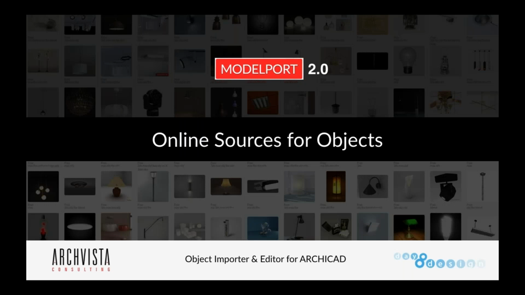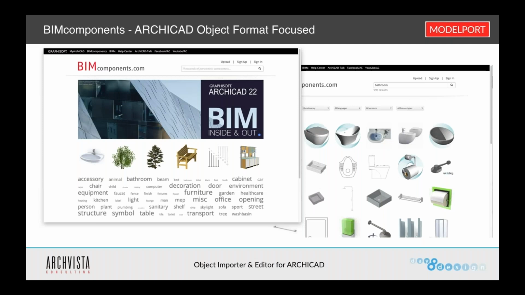The first part I want to start with is reviewing online sources for objects. Now, if you're not familiar with BIMcomponents.com, you should look into this. This is a native ARCHICAD object format website. It's developed by Graphisoft specifically,